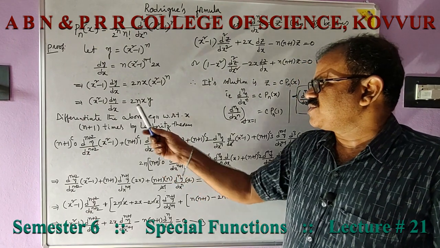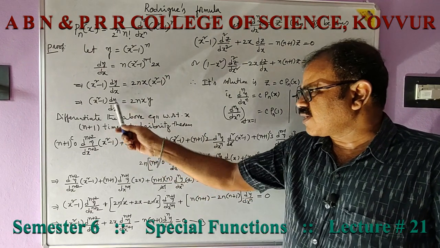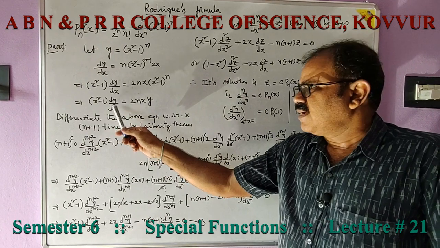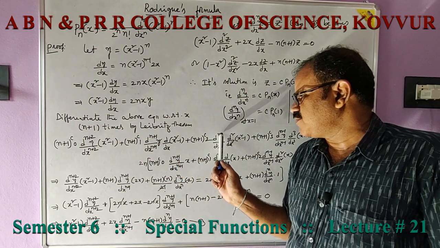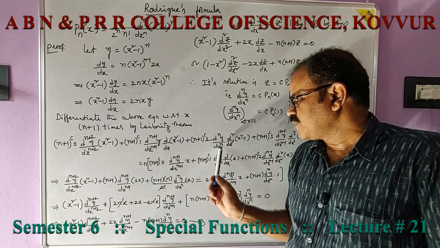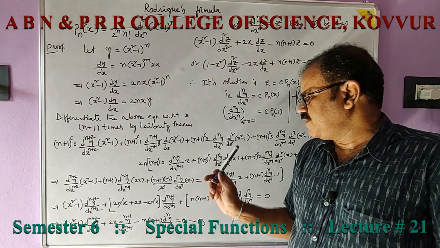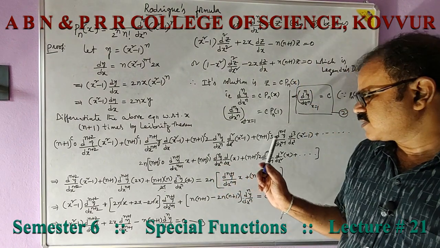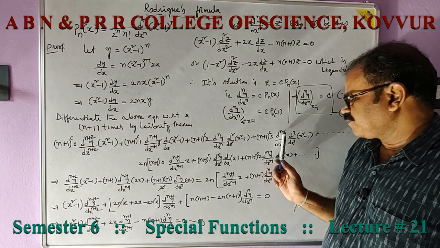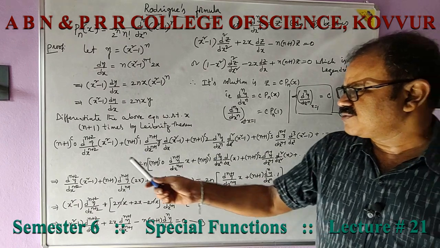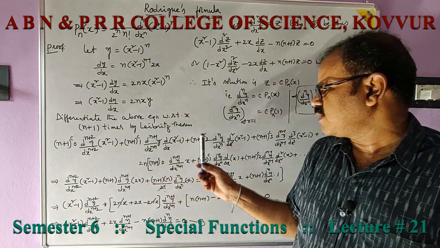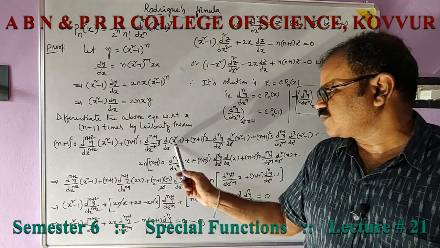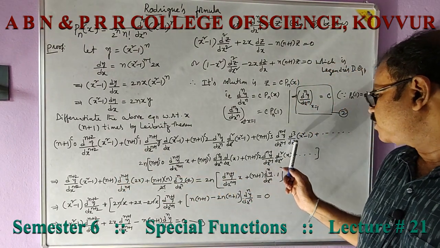n minus 1, differentiate dy by dx n minus 1 times. Already one time it is differentiated, y is differentiated one time and n minus 1 times. Therefore, this is d power n y by dx power n, with the second derivative d square by dx square of (x square minus 1), plus n plus 1 c3 d power n minus 1, and we go on reducing like this. This is no derivative, first derivative, second derivative, third derivative, like that.